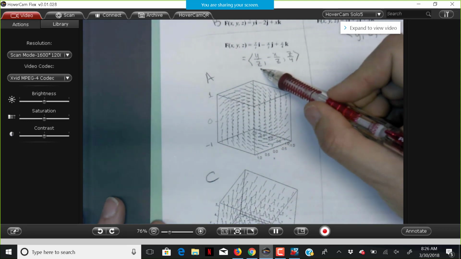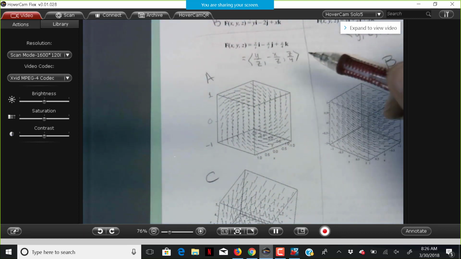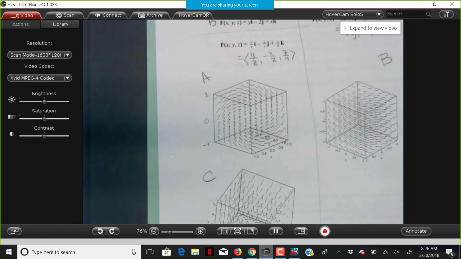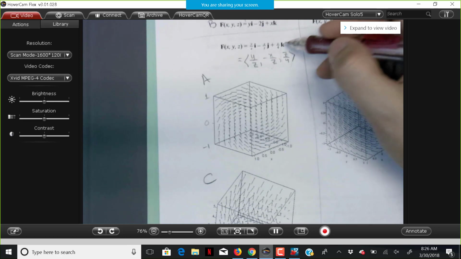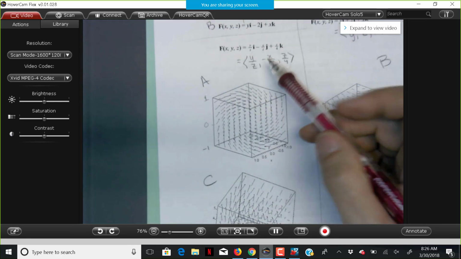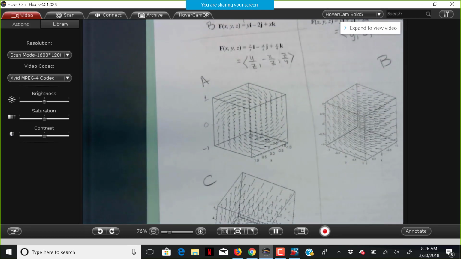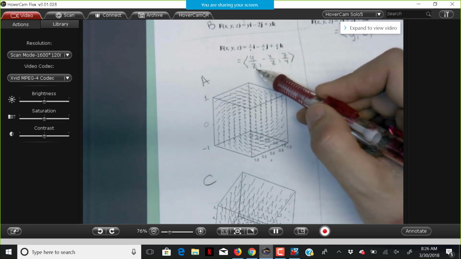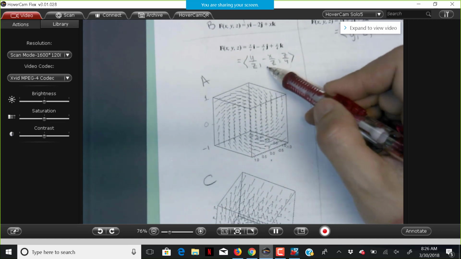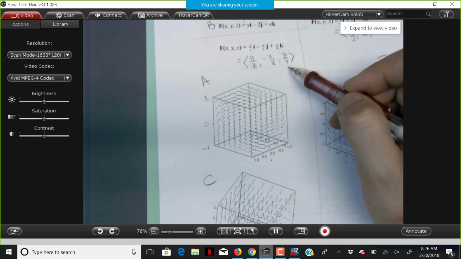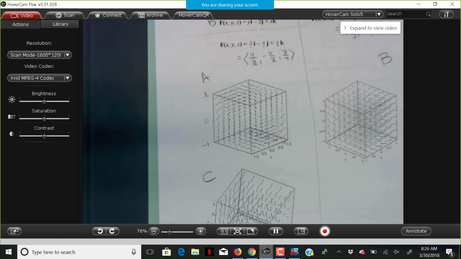But as z gets big, if x and y are staying constant, those two components get less and less, but the third one gets bigger and bigger. When z gets big, the third one gets big. The first two will get smaller and smaller, which means there's almost no forward or backward motion or side to side motion, but there will be a lot of vertical to it. So using that idea,